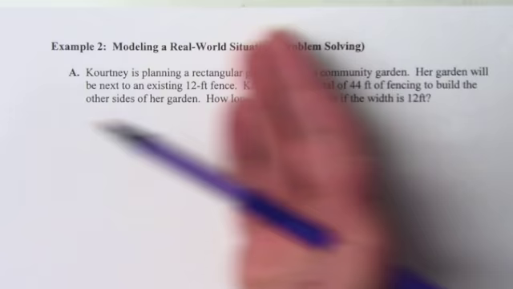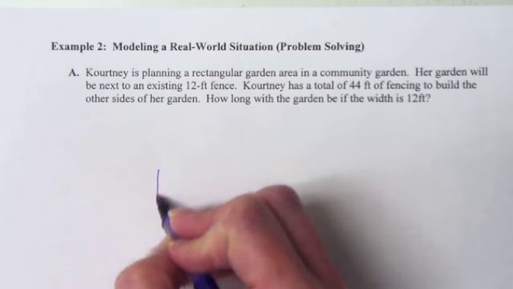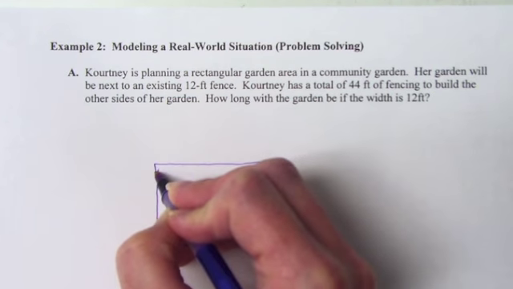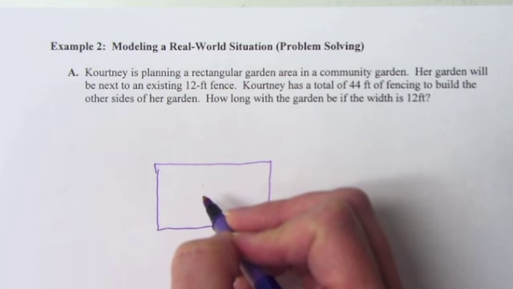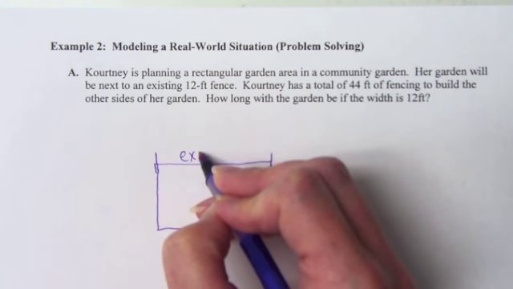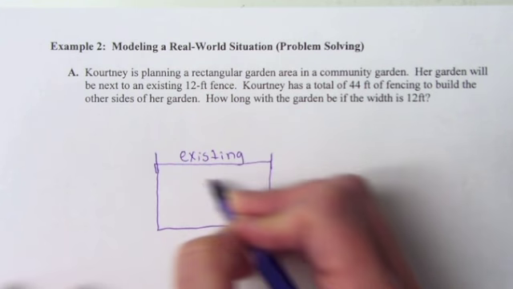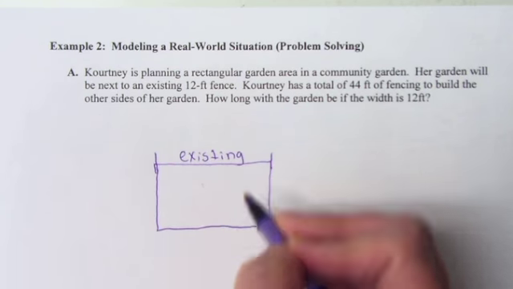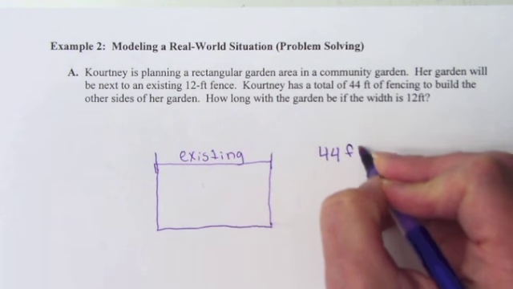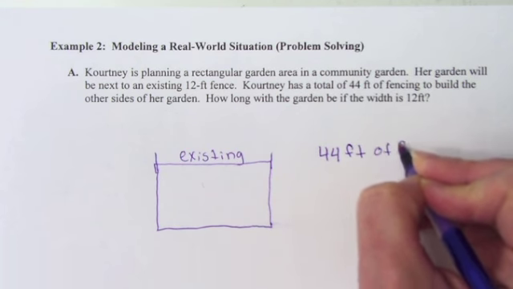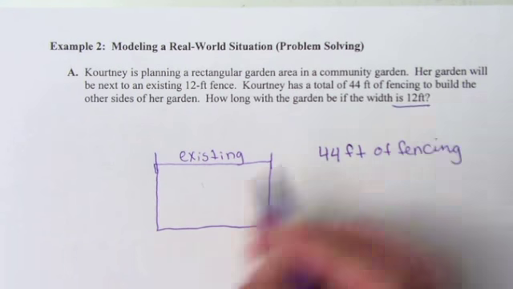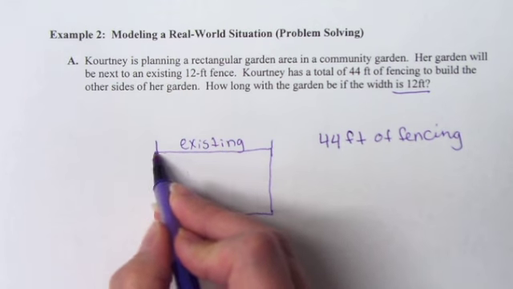Okay, so what that means is we're going to build a rectangle garden with fencing. But 12 feet of the fencing is already there. So we'll say this side right here is already existing, so we don't have to build fence for that. We know we have 44 feet of fencing available to us. We know the width is 12, and the reason the width is 12 is because the existing portion of this